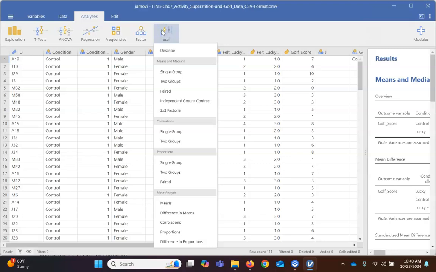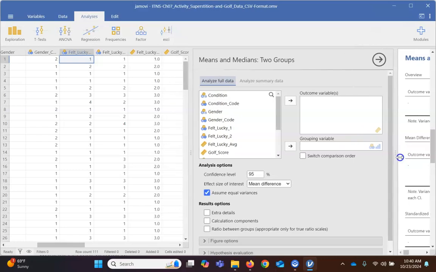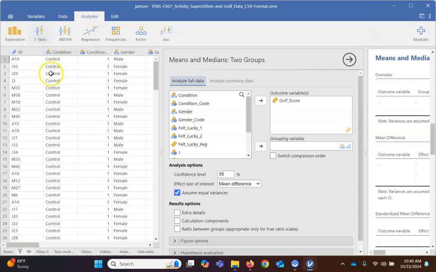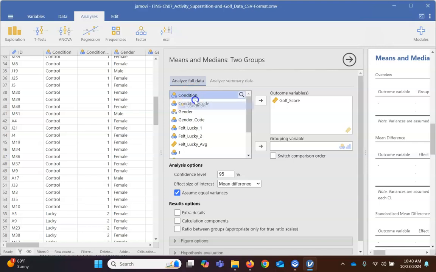So if we go into ESCI, we're going to want to look for two groups in this particular instance. We're going to go ahead and do an analysis on two different groups. So we want to compare golf score with what condition people were actually in. Our outcome variable is going to be golf score. That's the variable that we're interested in. And now we need to have a grouping variable. It's part of the reason why I said it was really important to keep this condition within the same column. So I'm going to go ahead and put our condition